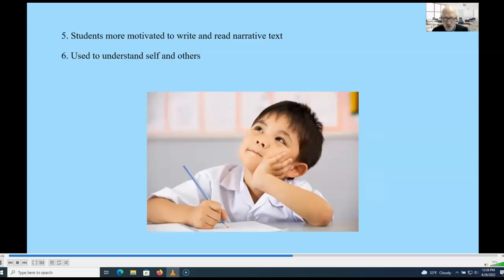But humans like to write stories. Humans tend to like to read stories. We go to movies to see stories, to be entertained. And finally, narrative writing helps us understand ourselves and others. Part of identity formation. Autobiographies can be used to better understand oneself and others. When we read them, we see oneself in a greater context. Used for facilitating identity formation as well.